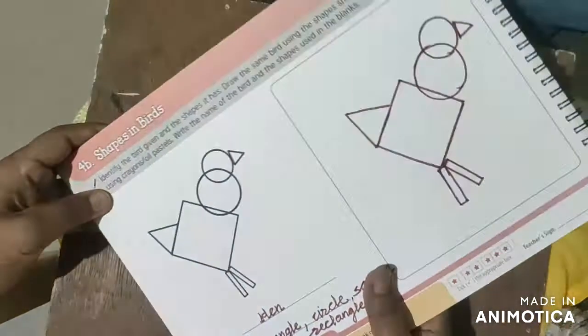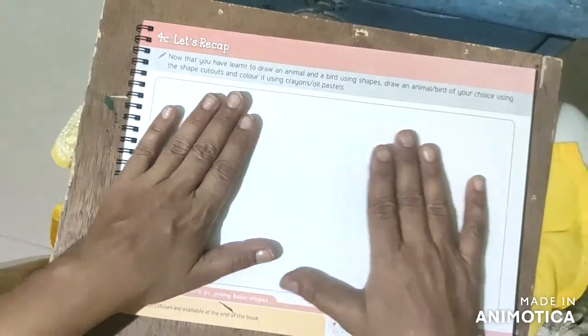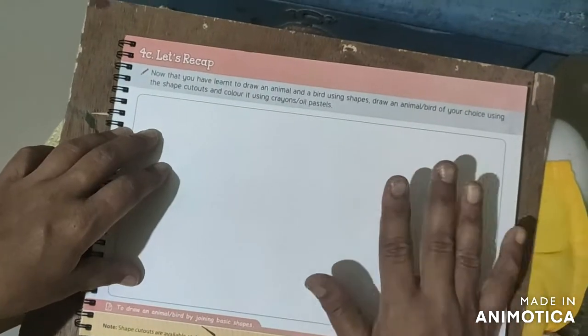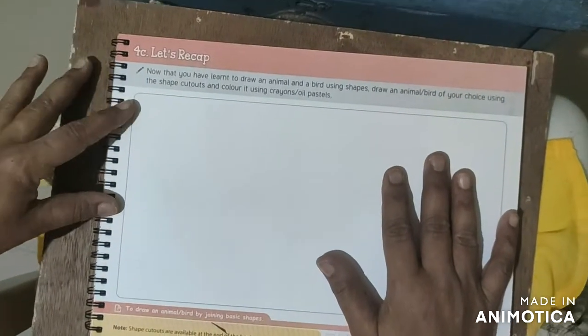So you have the cutouts. Try to draw a new bird other than the hen and a new animal other than the elephant, because we already tried it.